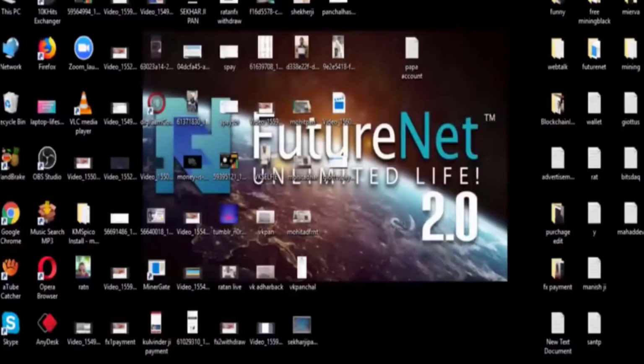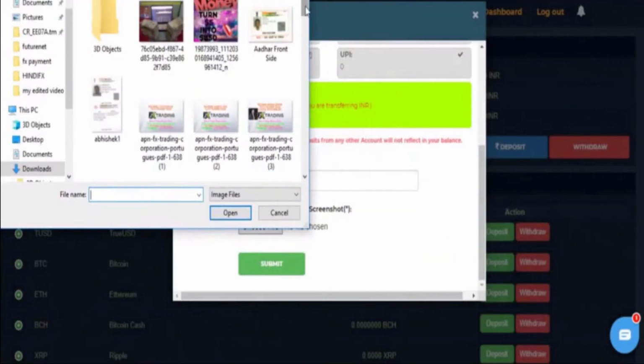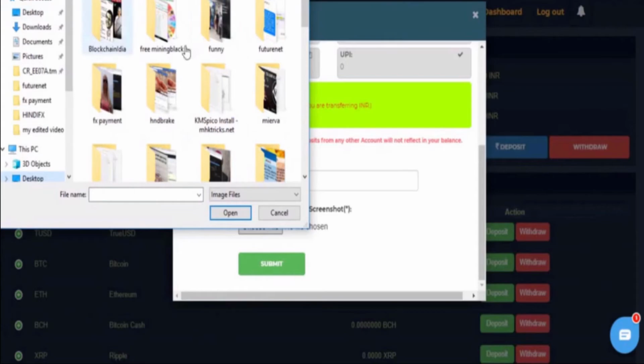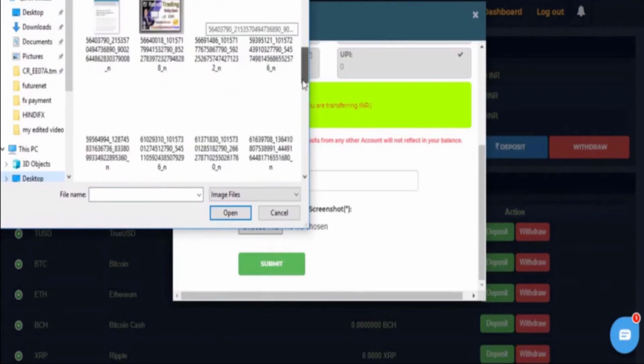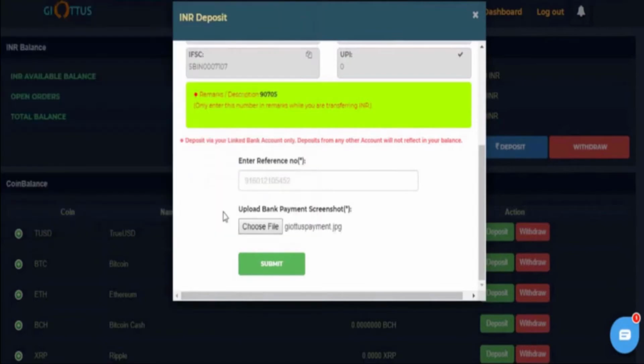So you need to upload the saved transaction detail and choose the file, the GeoTouch payments screenshot, and submit.